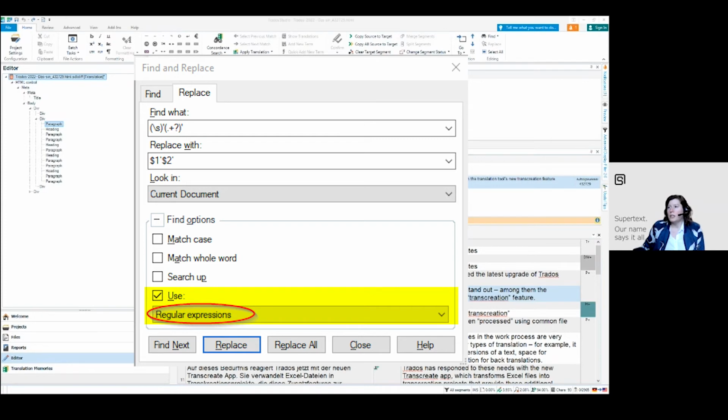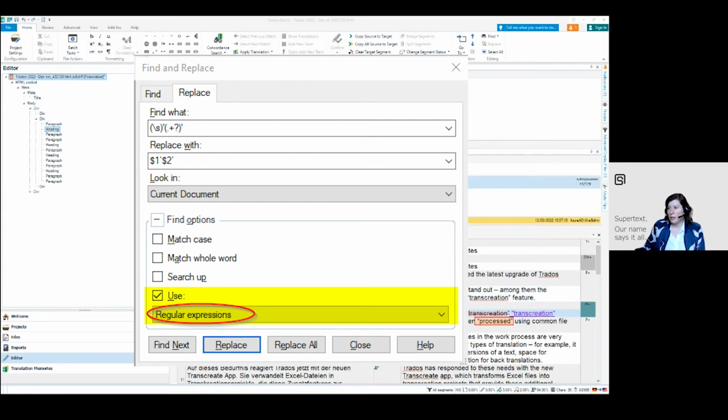This is how you could use this formula, the \s in brackets, the opening quote mark, then this represents whatever random text we have, and then the closing quote mark. Then you would use this formula to include the opening and closing quote marks that you would like to replace. So then if I click on replace,